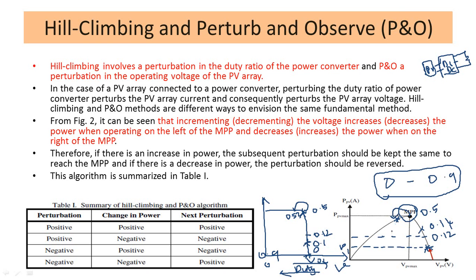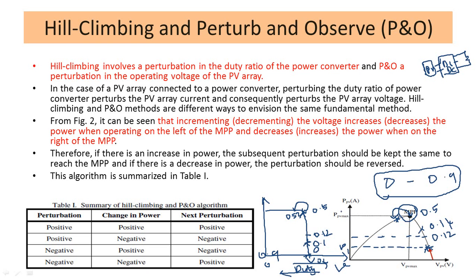Now the power will get reduced. Now where will it go? It will come back to the same point. Now the power it finds from 0.52 to 0.5 is getting incremented. So from 0.5 it will go to 0.48, it will decrement. Why? Because it is from 0.52 to 0.5. If it decrements, it finds that yes, now the slope sign is negative.